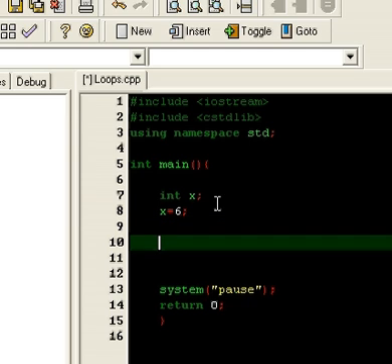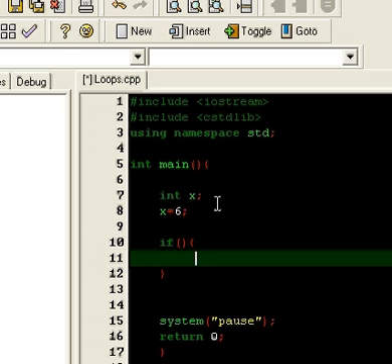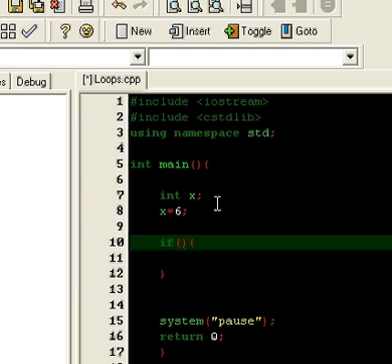Now we're going to check if it's equal to 6, and if it is, we want it to print out something. So we're going to put if. Make sure you put the braces in there. Some people don't put braces in, but I think that's a crime and it should be banned. I like putting braces because it makes everything nice and neat. So we're going to check